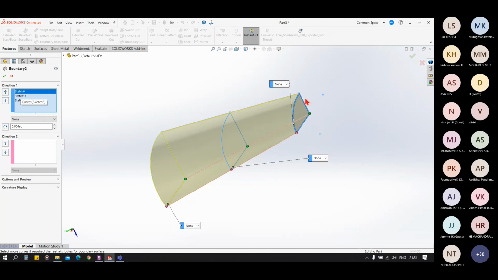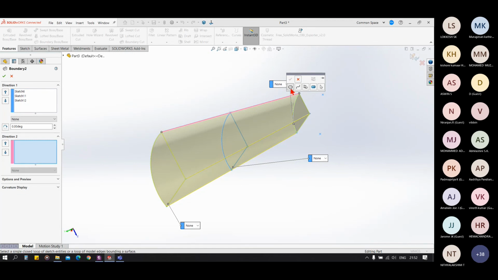You see, all the sketches are continuous. This is continuous, this is continuous, this is continuous. So in direction 2, we have to tell the software which type of sketch we are selecting so that it can compile that data and give its outputs.